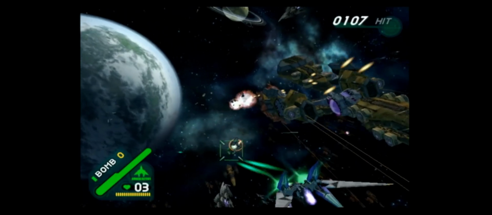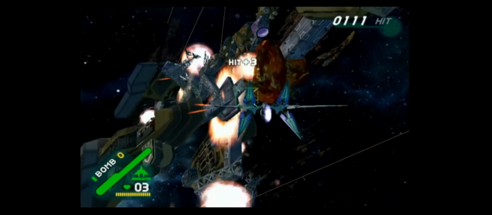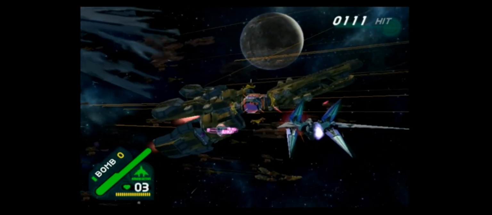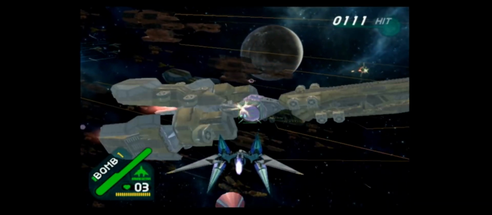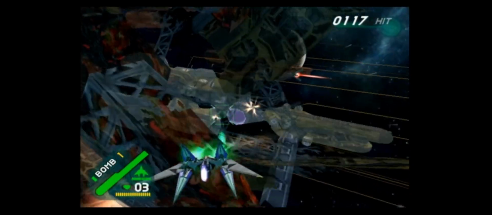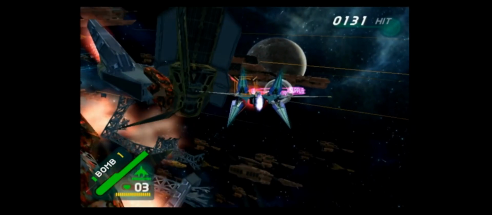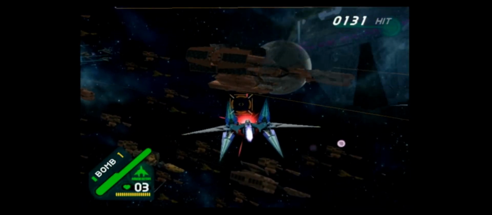So yeah, jumping into it, Star Fox Assault takes place as a continuation of Star Fox Adventures. They're going off that timeline, which in and of itself is a continuation of Star Fox 64. And this game was actually developed by